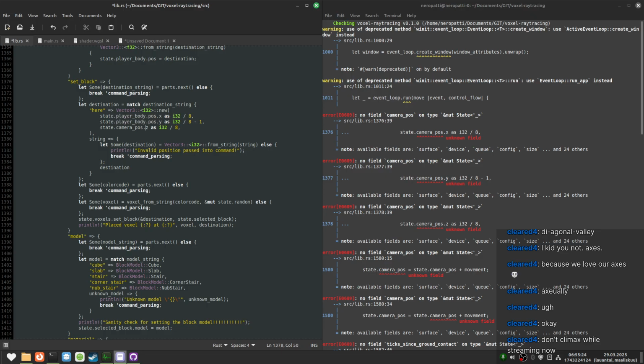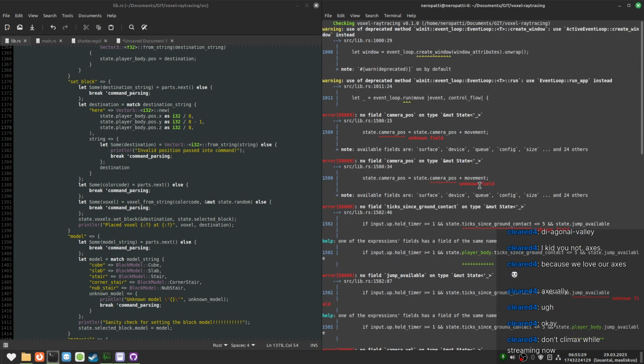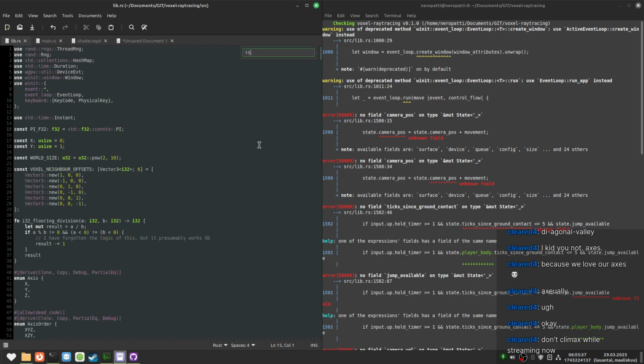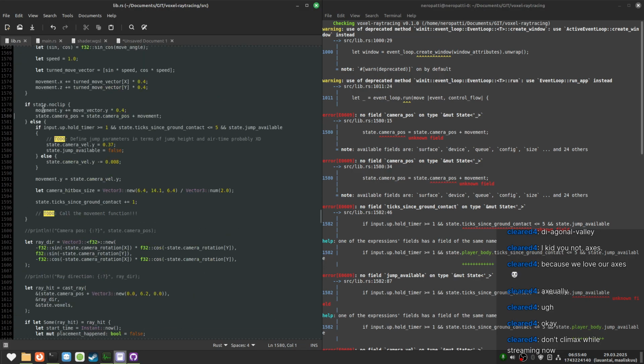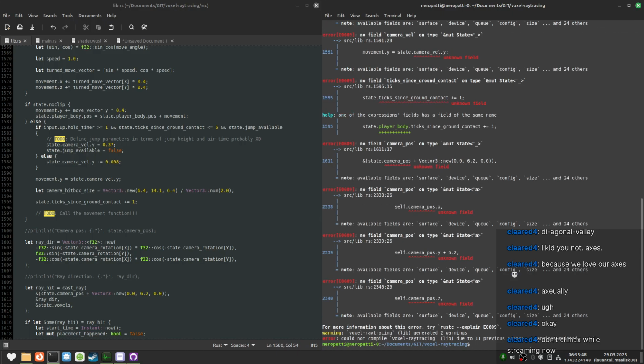I could probably just replace all of these with search and replace, but I kind of want to do it manually instead, just so I see what I'm changing. Yep. That makes sense. 1591. Yep.